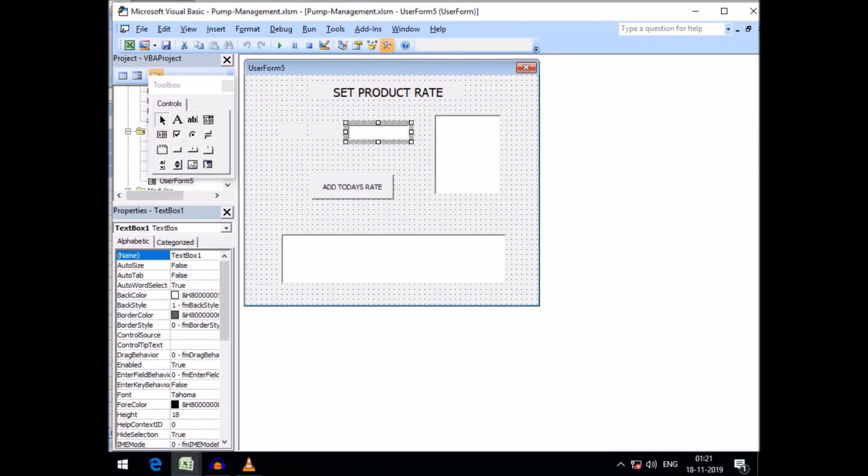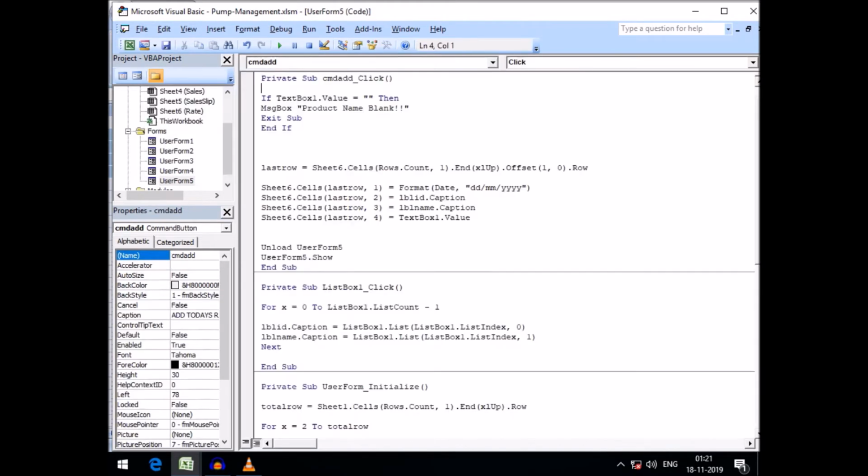So going into this Add Today's Rate button, I have already written the code. If TextBox1.Value is blank, then it shows a message friends: if the text box is blank, the rate will not be saved. And friends, you can see I have written lastrow is equal to Sheet6.Cells. I want to store this current rate